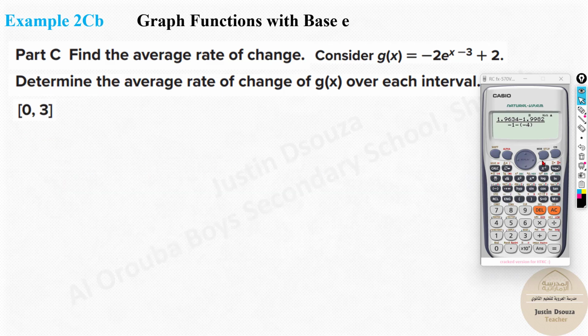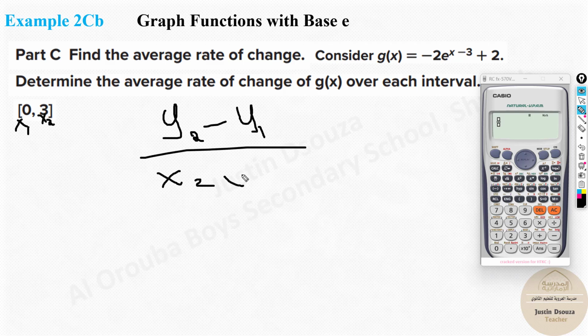Now here, let's look. I will just clear it. So instead of solving, this is x1, y1, x2, y2. These are the given values. Instead of solving y1, y2 individually, just know the formula y2 minus y1 divided by x2 minus x1. Now y2 means you need to substitute the x2 value. So over here, I will use a bracket and type minus 2 multiplied with e to the power, x value will be 3, minus 3, go down, plus 2, close the bracket.